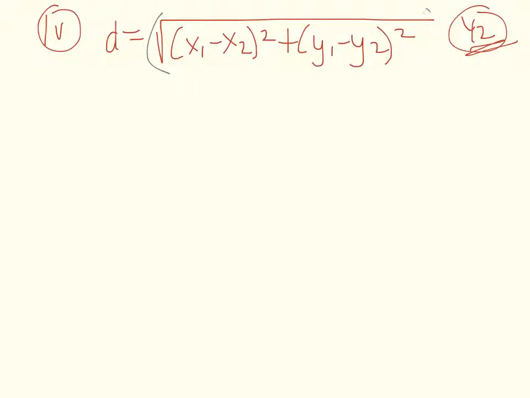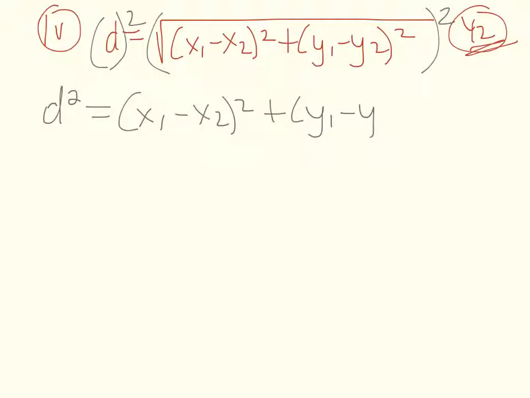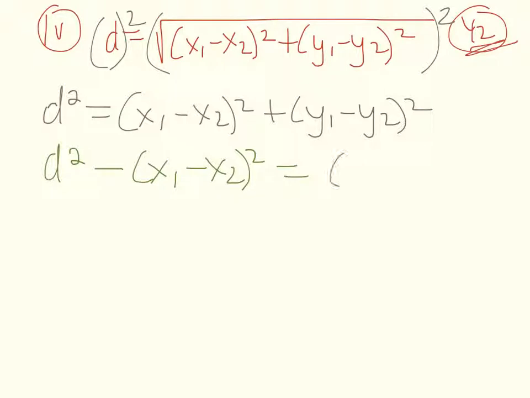So I need to exponent 2 to both sides. So my second line will read d squared is equal to (x1 minus x2) squared plus (y1 minus y2) squared. So here I'm going to now move over my (x1 minus x2) squared to the other side because we're not solving for any of the x's in this question. So I now have d squared minus, in brackets, (x1 minus x2) squared is equal to (y1 minus y2)